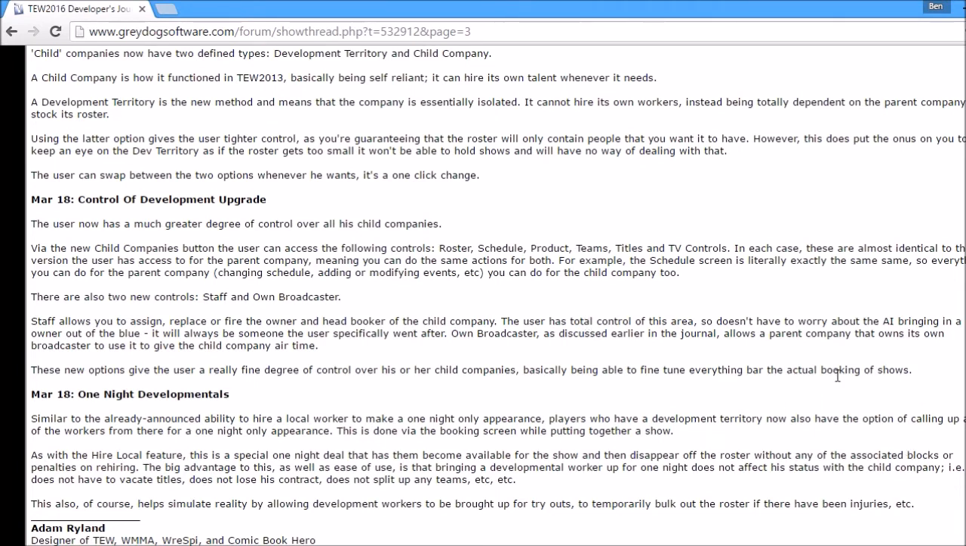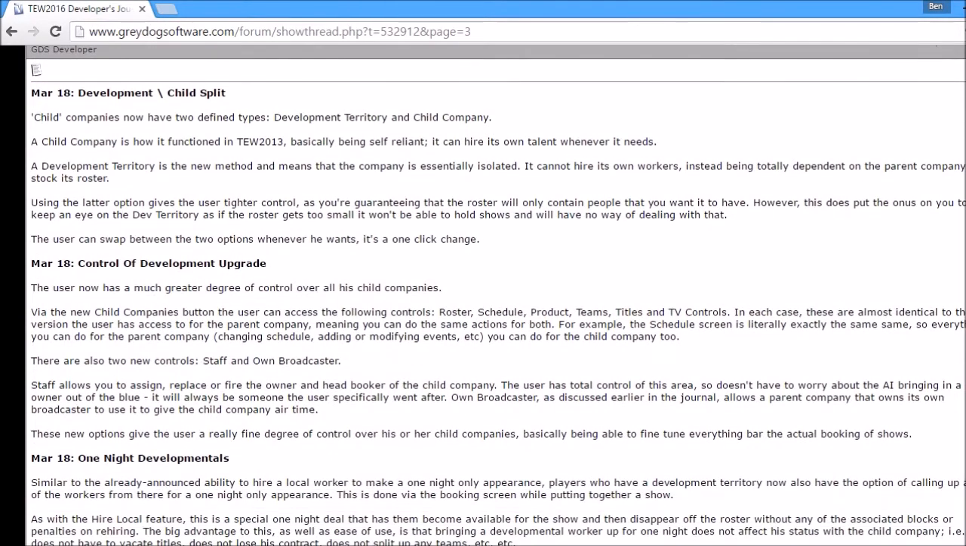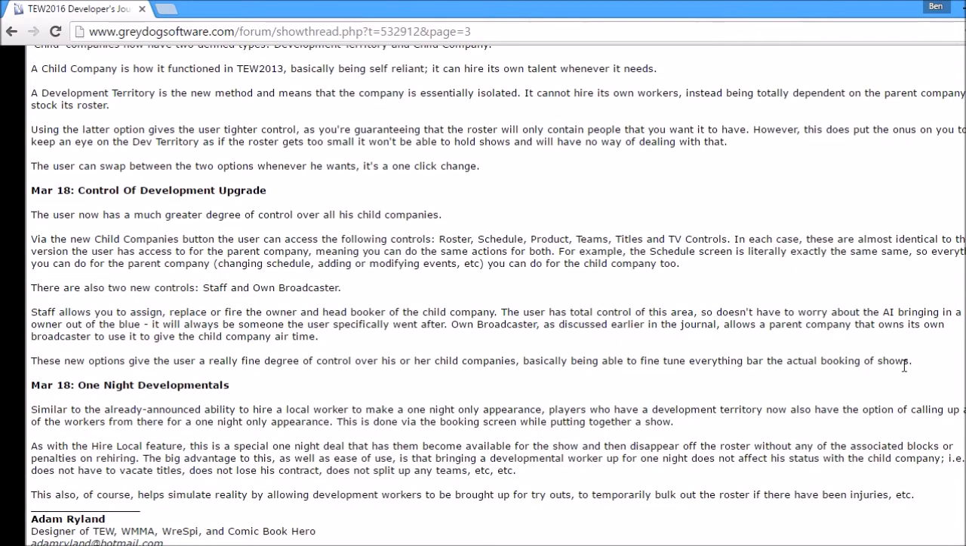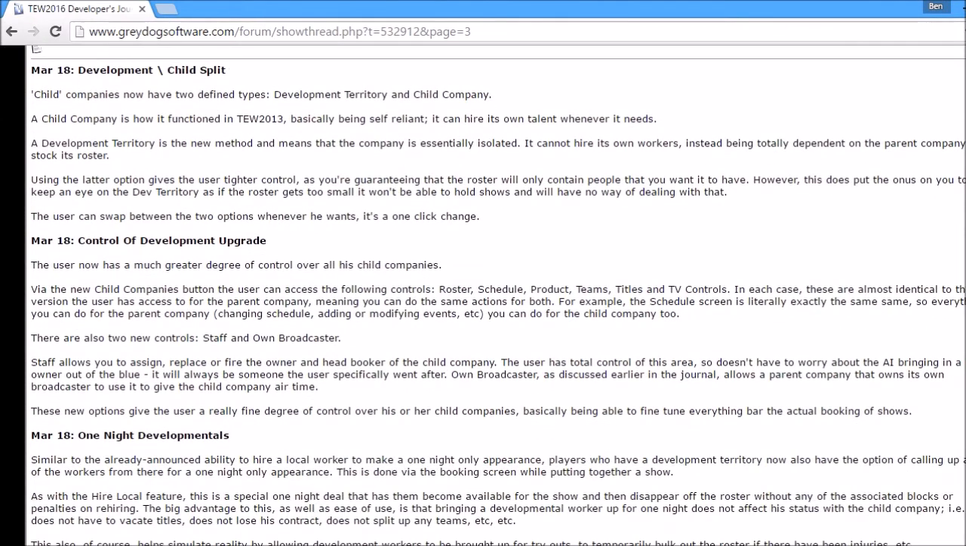And one thing I'm going to add here is this whole thing implies that you are the company with the development territory or child company. It doesn't imply that you're trying to run the dev company. So while this is definitely a great thing for SWF being able to control the dev company, you're in control of the SWF. So you should be booking the shows for your development program. But